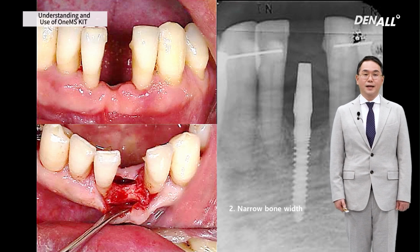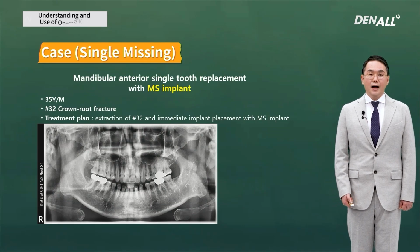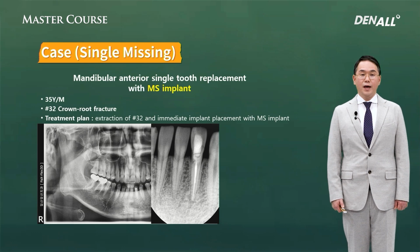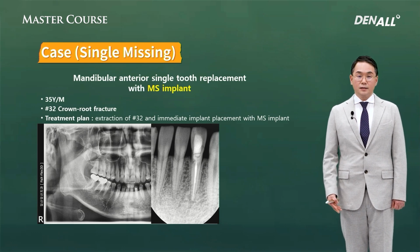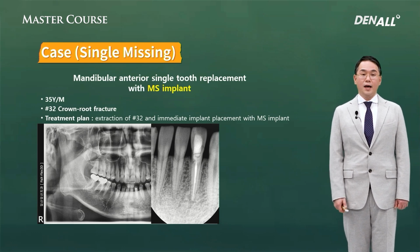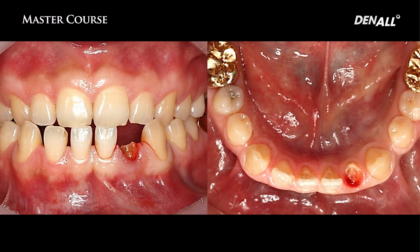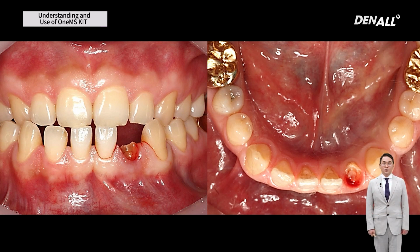Let me show you a clinical case. The patient came due to a fracture in the anterior mandible while eating, and the area was endo-treated before. So the patient came with only a root rest. So the tooth is extracted and an implant needs to be placed. In this patient, a two-piece 3.5 millimeter diameter implant could be inserted in terms of mesial-distal distance, but we chose a one-body